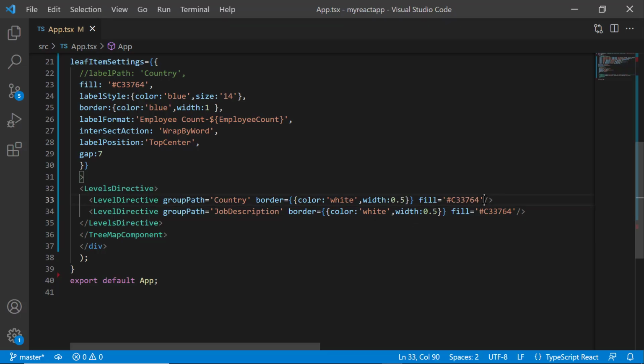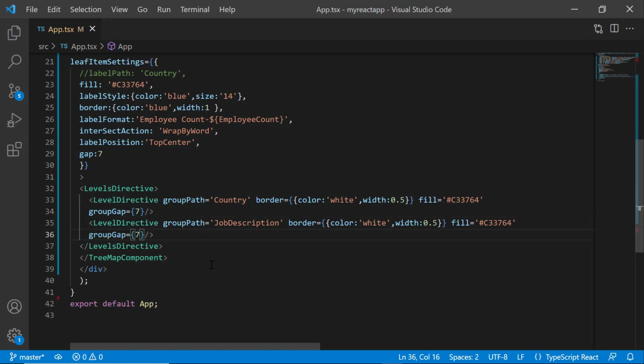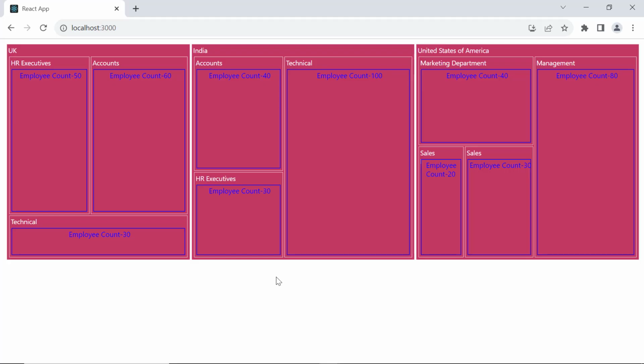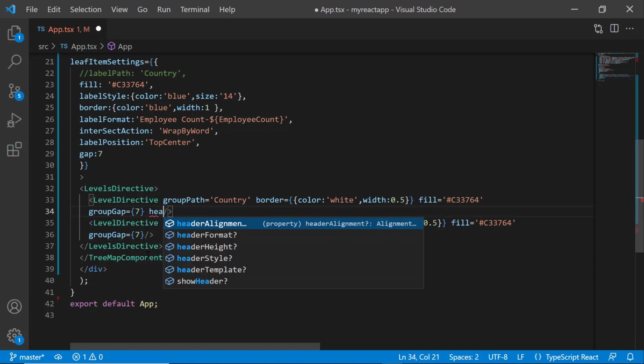To maintain a gap between the groups, I add the group gap property and set the value as 7. The groups are rendered with the specified gap. Now let's see how to customize the header of the group. To do that, I add the header style property